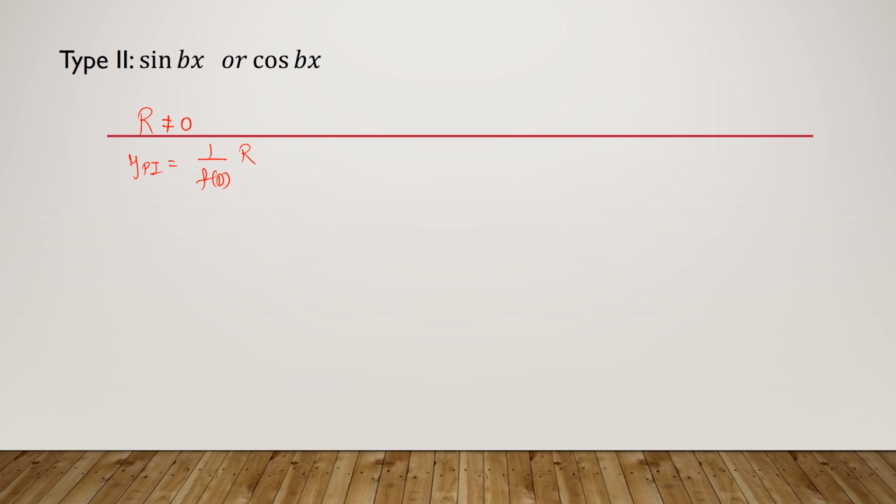Now in this case, that is, if the value of r is equal to sin bx or cos bx, then simply substitute the value of D² equal to minus b² in the denominator. We know the differential equation, that is f(D)y equal to r, is of the form D² plus something D plus something y equal to something r. And if it is of such type, then simply substitute the value of D² equal to minus b²